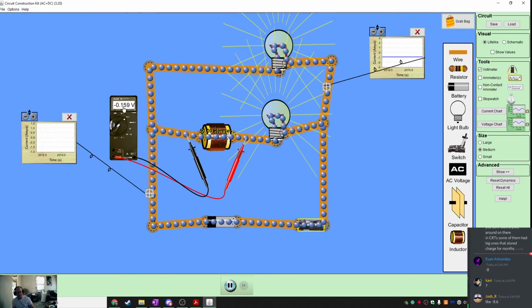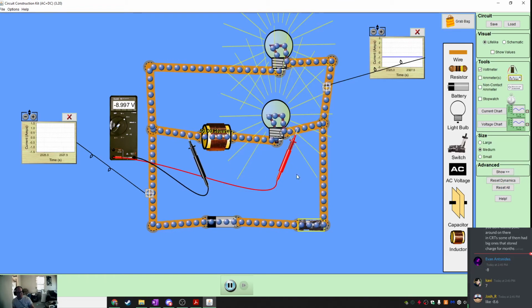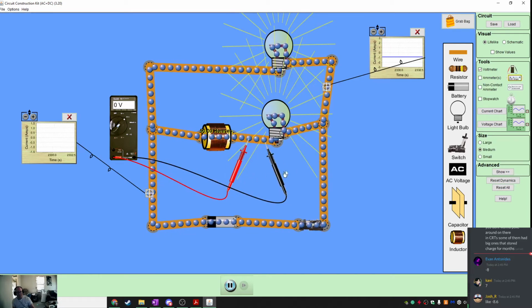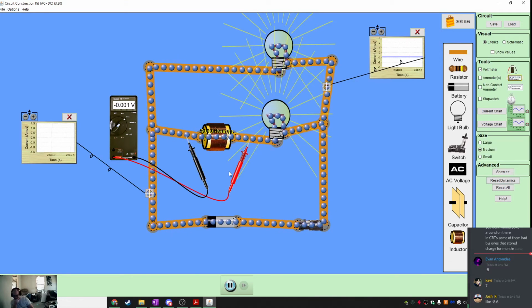And we'll check that in a second. Once this one reaches 0, this one is going to be at 9 volts. We can check it now. See there, it's 9 volts. The sum of these two will always be 9 volts, right? But if this starts at -9, then this one's going to be at 0, right? Anyway, so your book likes to talk about the polarity of